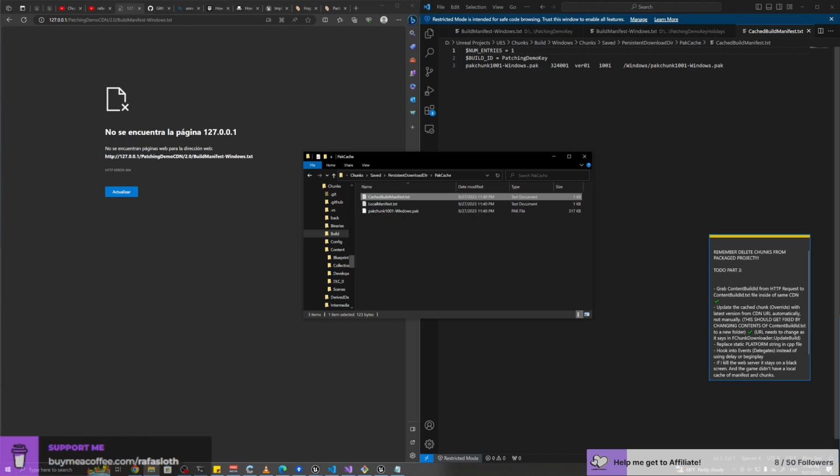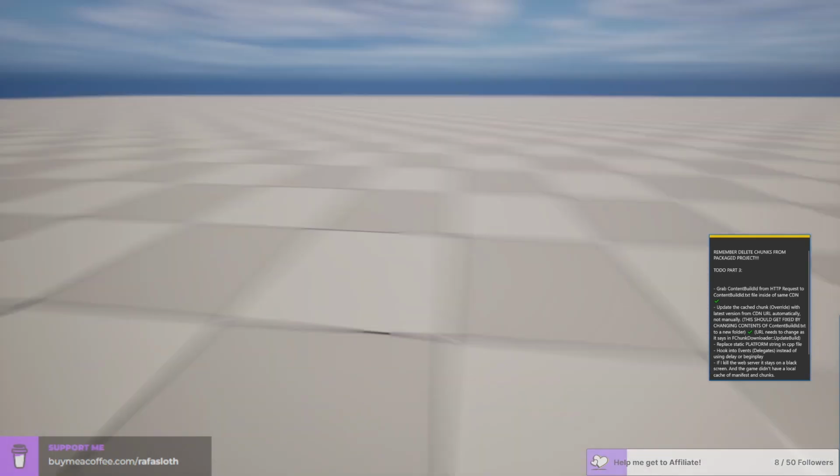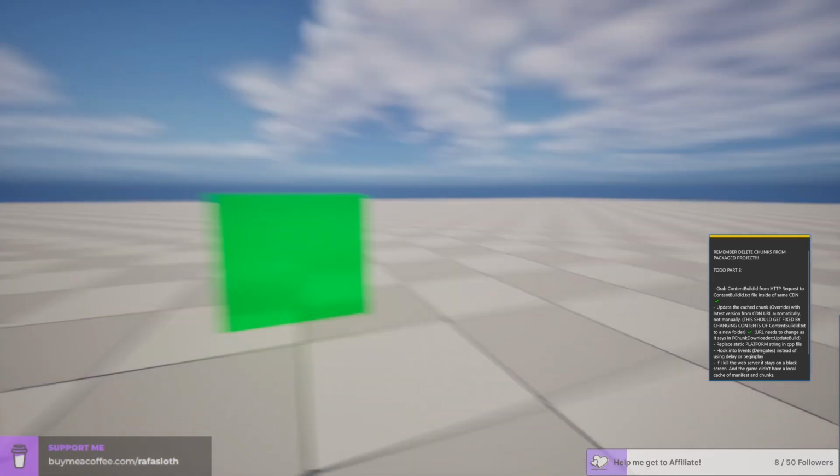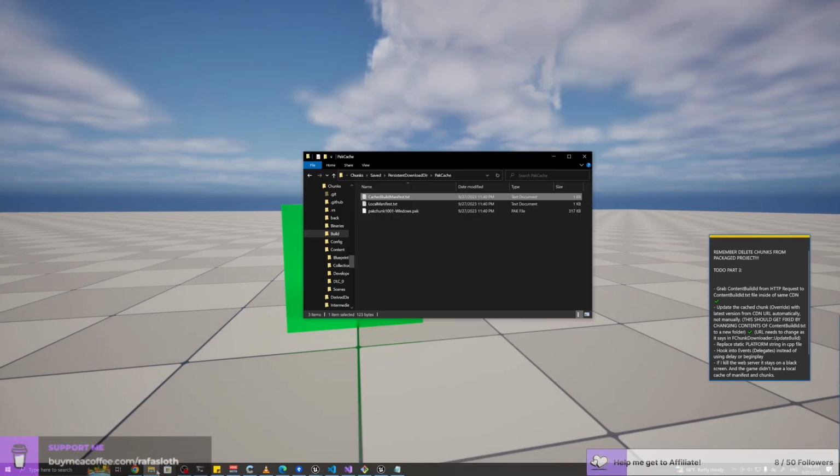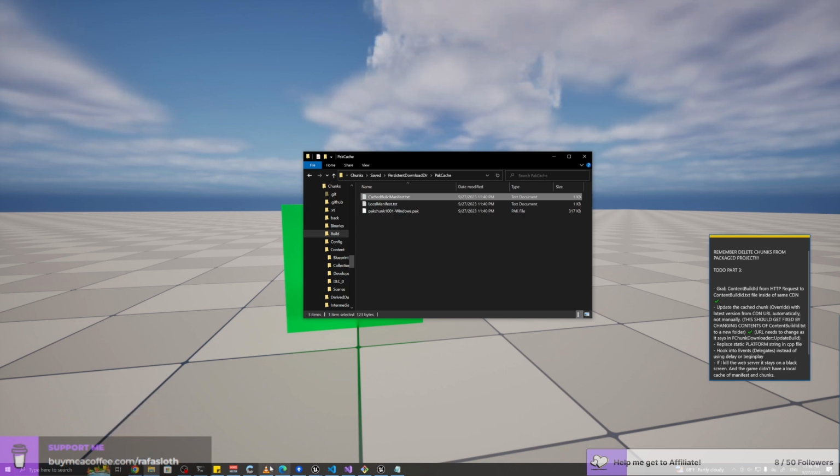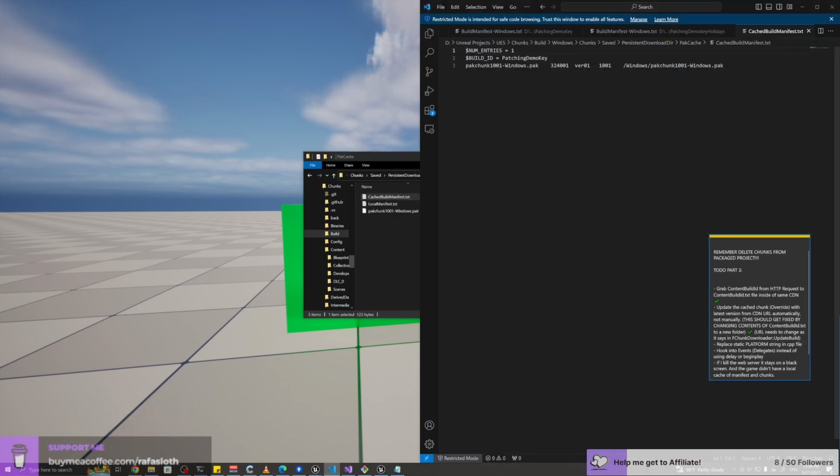Okay, so that one is the original one, the green cube, because it's the last test that we did. So we have version 1. With all the tests we did, we went back to version 1.